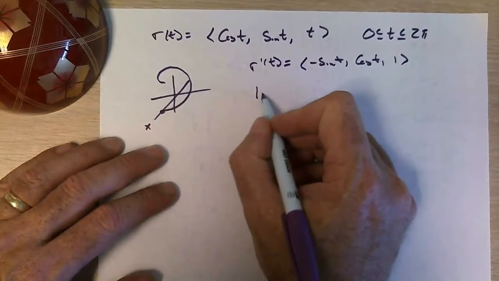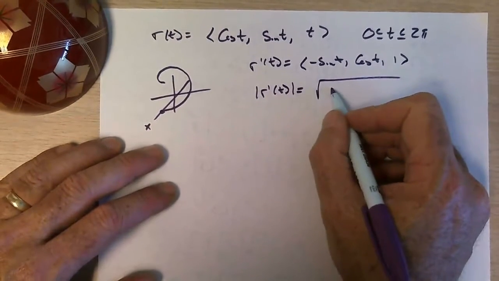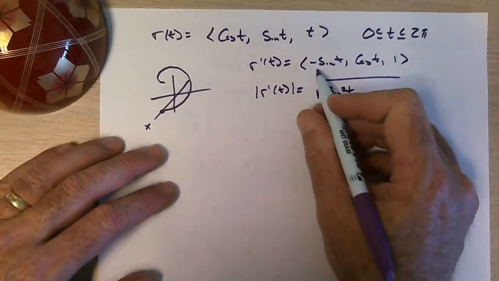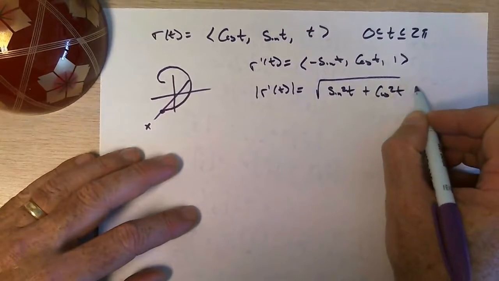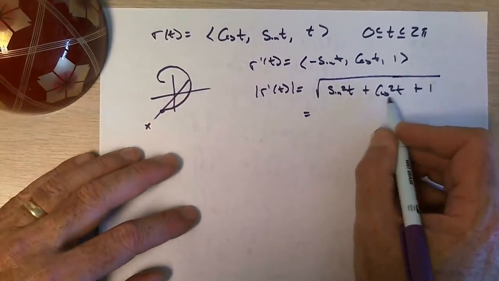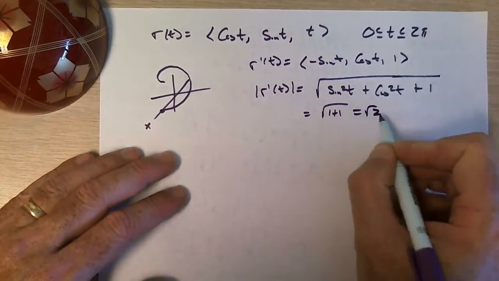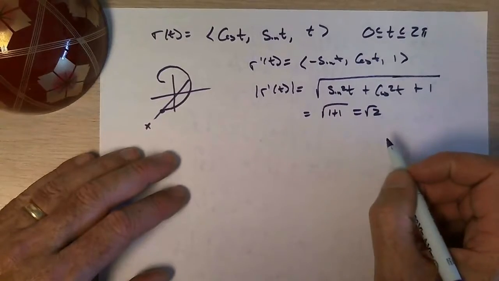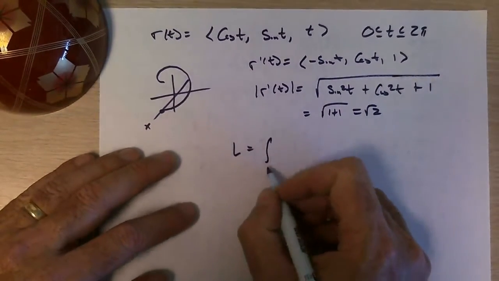The length of that is the square root of sine squared t, the minus becomes plus, cosine squared t plus 1 squared, which is 1. But look at sine squared t plus cosine squared t is 1. So this is the square root of 1 plus 1, which is the square root of 2. So that integral that we're trying to do now, the length of this curve, is going to be the integral